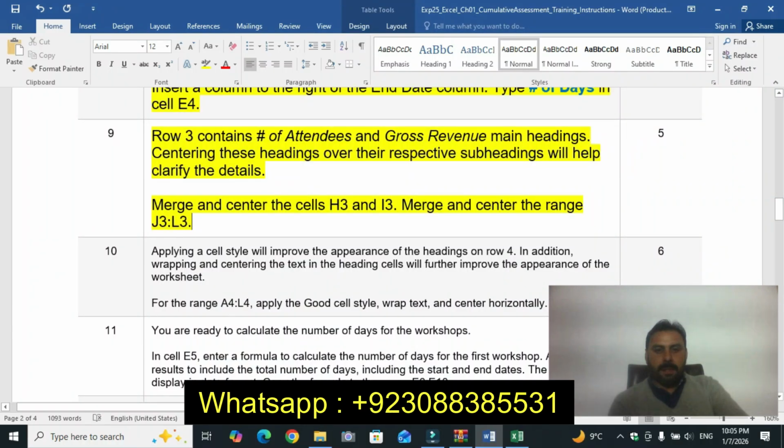Merge and center H3 and I3, Attendees, Gross Revenue.